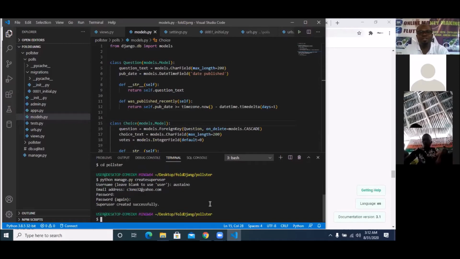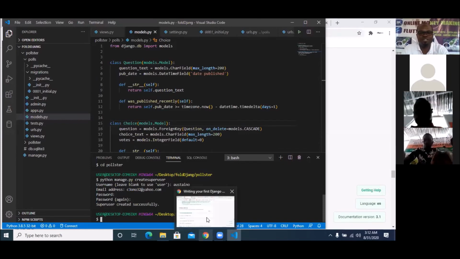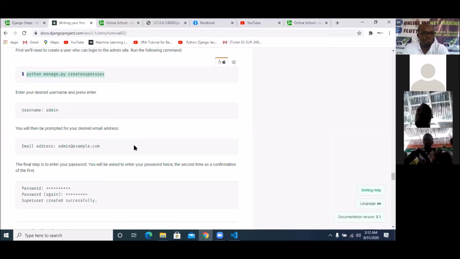Okay, you can see now he wrote, Superuser created successfully. Is everybody there? Who has created the superuser and is successful? Is there? Okay, any other person that is there? So once you've created your superuser successfully, so that when we start performing,